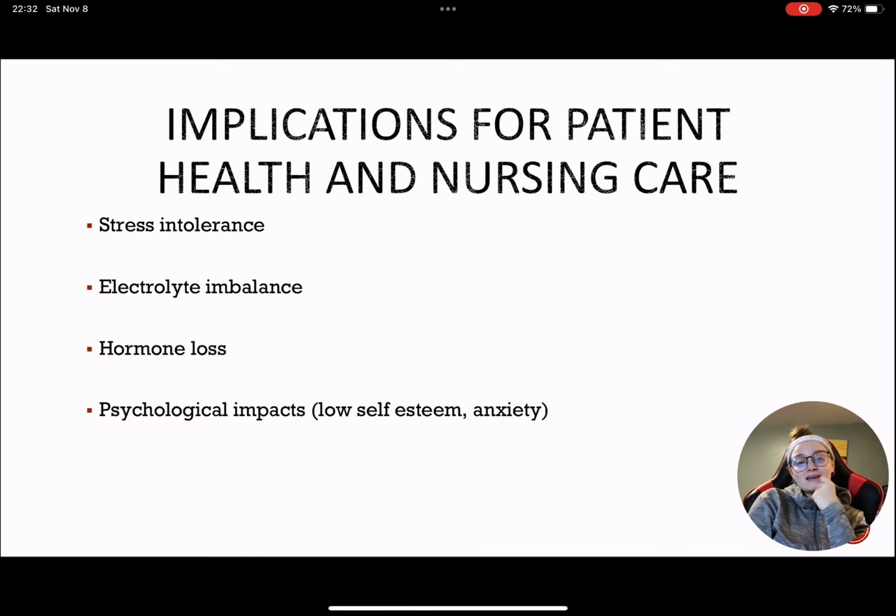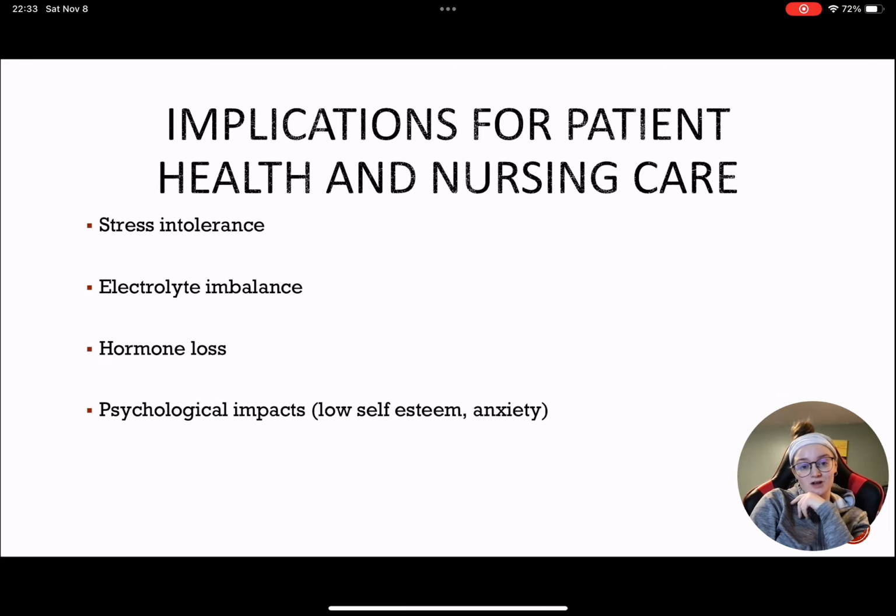We also have electrolyte imbalance. Loss of appetite and dehydration play into this. So Addison's disease, not only does it deplete our sodium, it also depletes potassium and stuff like that. So we'll get into this with the nursing interventions I'll talk about later, but there are different interventions we are going to have to do to help these patients maintain that. If you don't drink enough water in the day, you are going to feel terrible. Your body needs that hydration to go through all of its systems in order for it to act accordingly.